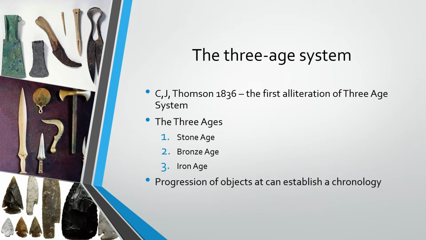For Europe, it's quite viable. For Africa, it's a little bit different. Their Bronze Age is a little bit longer, and their Iron Age is much longer. In the Americas, they did use bronze before the arrival of the Europeans, but mostly it's the Stone Age. The Stone Age is also split up into the Paleolithic, the Mesolithic, which is the middle Stone Age, and the Neolithic, which is the new Stone Age. But this idea of classifying artifacts into ages and having this chronological ordering was important to archaeology.